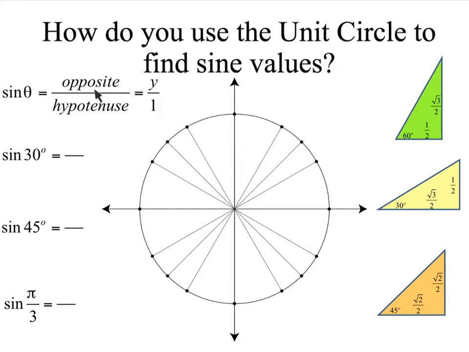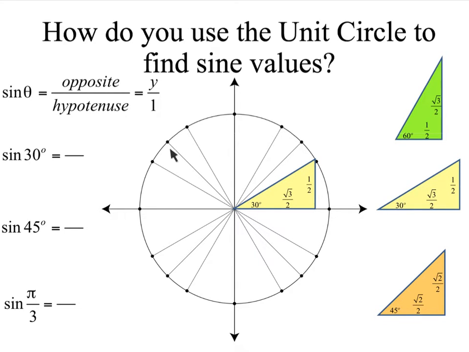Sine, you should know, is opposite over hypotenuse. So do you see I have three triangles here? These are special right triangles, and watch what happens. If I take this special right triangle and stick it right there on a unit circle, you see the 30 degrees. And if I'm saying sine of that 30-degree angle,